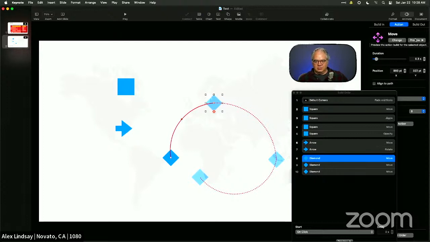You can start building complex animations in Keynote, and that's kind of a new tool for me. I haven't really incorporated a lot of it, other than sitting there and playing with it when I'm in conferences that I don't need to talk about. No, I don't need to talk. So anyway,